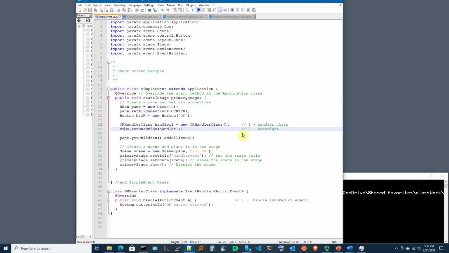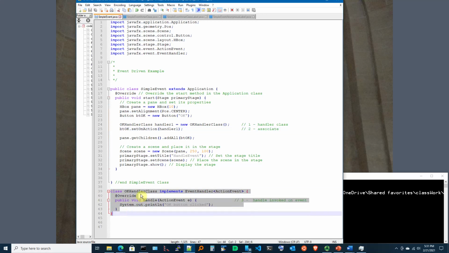This is step 2, the setOnAction method, and setOnAction takes as an argument an instance of a class that implements the event handler interface. So this is the situation we have been looking at, where even though it's in the same file,